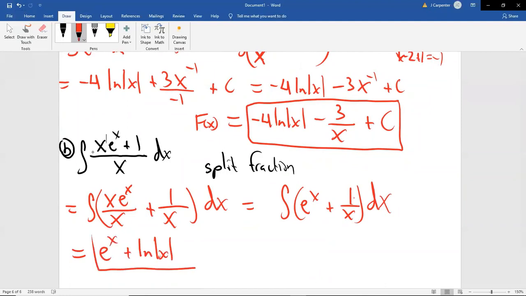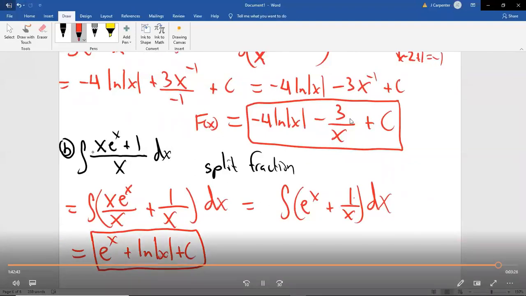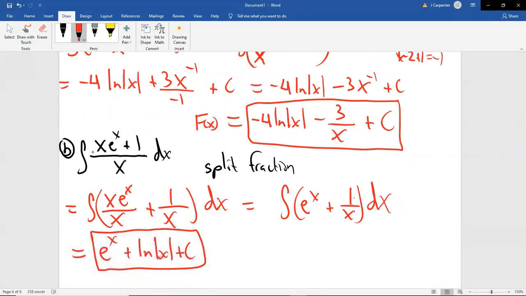If you box this up and ship it out, you'll get it wrong, though, on your homework. And you'd have to point out that you did that on a test for me to give you more points, because you got to have your plus c. You don't need a plus c for each term, because if you have a plus c here and then a plus c here, those constants can just be added together to make a new plus c. Like pretend that the first c is a 7 and the second c is an 11. Well, 7 plus 11 is 18. Why not just have a brand new c and call that the 18? Adding a bunch of arbitrary constants just becomes a single arbitrary constant.